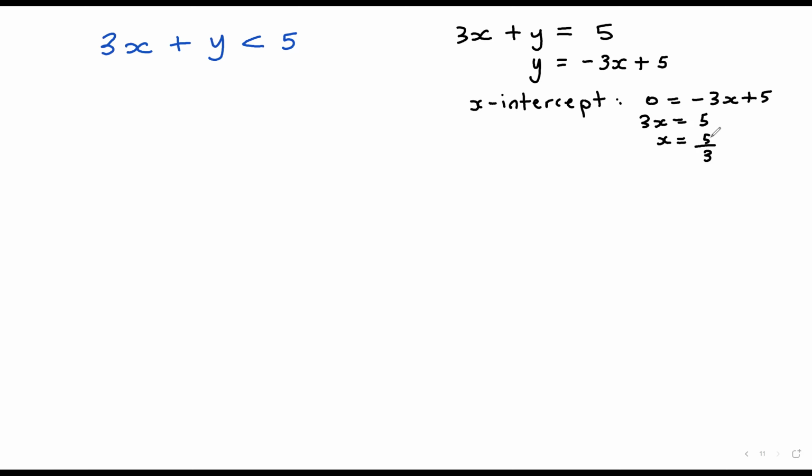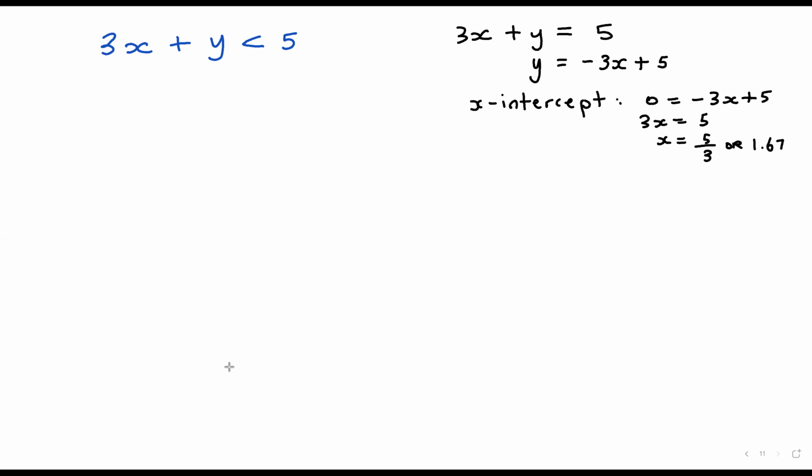Right? Which is 1.67 to 2 decimal places, right? So the x-intercept here will be 5 over 3, or that is 1 point, not 2, I don't know why I said 2, 1.67. So on a graph, remember the first step when you're showing an inequality is that you need to draw